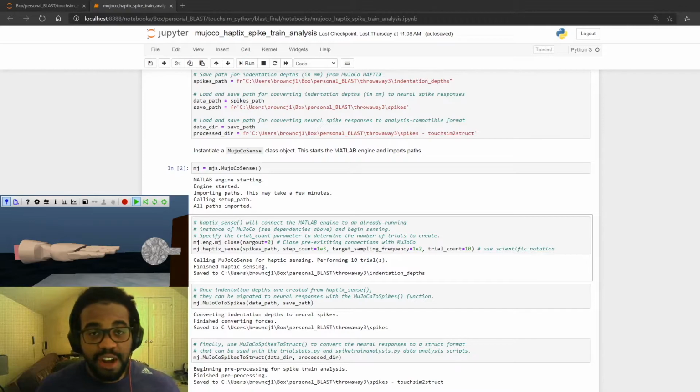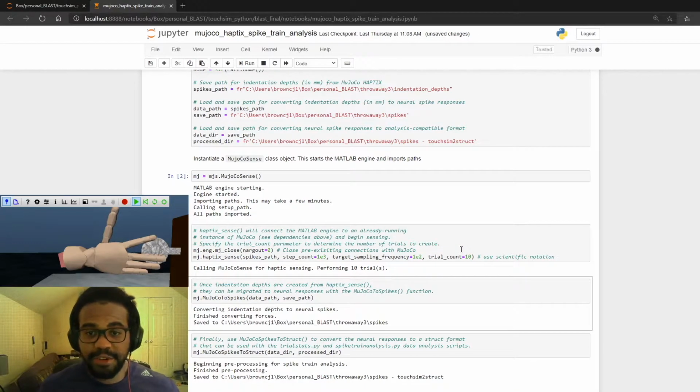And the last parameter is trial count. That one is currently specified to 10, and it means I will generate 10 trials or do 10 swipes one after another before moving on in the code. And so if I run this, it's going to orient the hand right above me and begin to swipe that